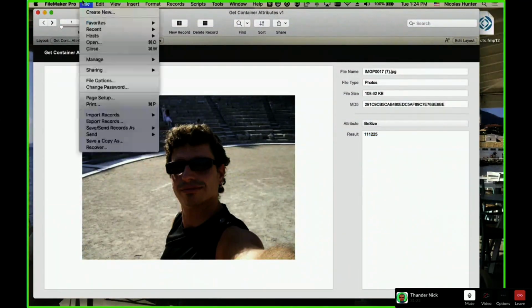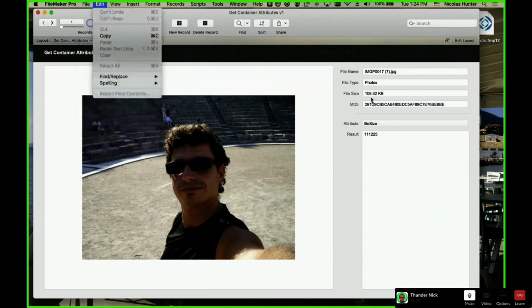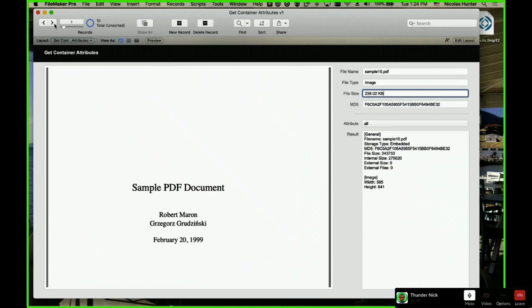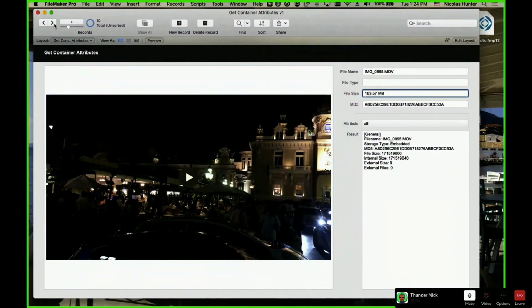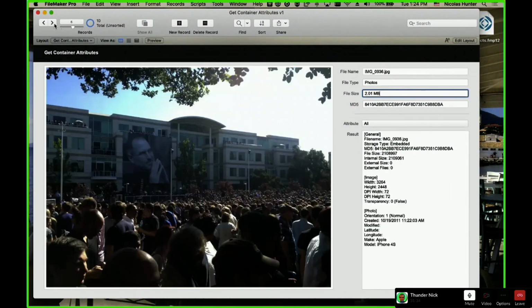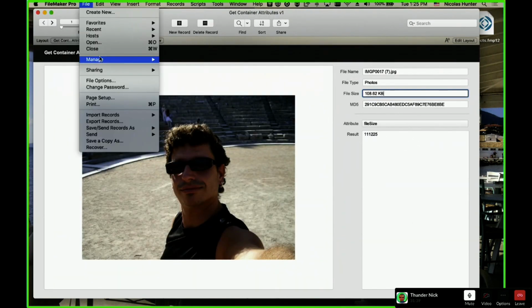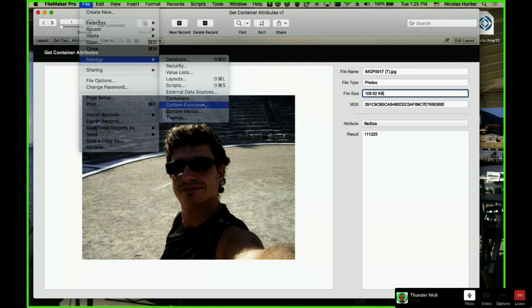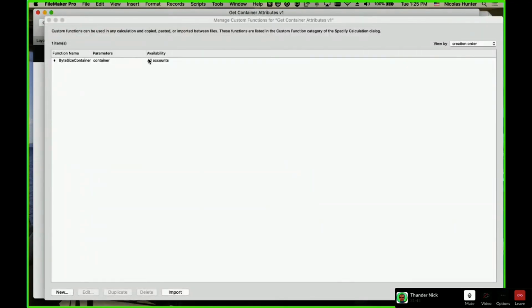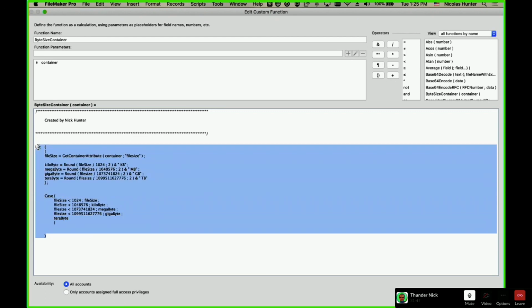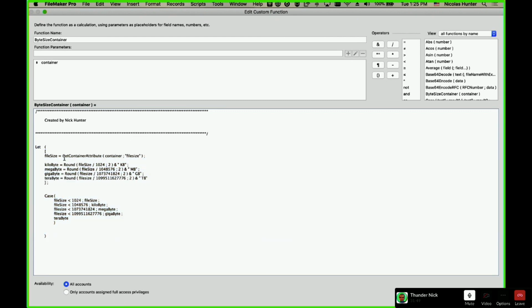But if you want the real size, like I did here in kilobytes and megabytes, you call this custom function that is going to come with this file that I created. This is exactly the conversion to get the size. The custom function is calling the GetContainerAttributes function itself.